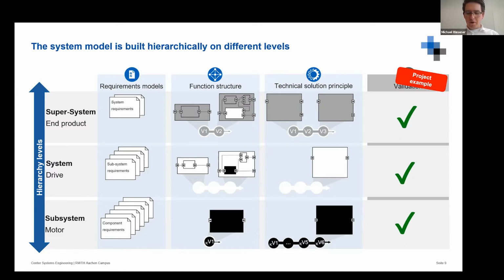So if we model the whole architecture model of the super system, obviously we can go deeper in the model of the system area or in the level of the subsystem, and we can answer the questions that the companies need to answer at this point. And we did this not only in the scientific way, but also with big companies like OEMs, like mechanical engineering companies. We always follow the same structure, and this helps companies to have a systematic overview of